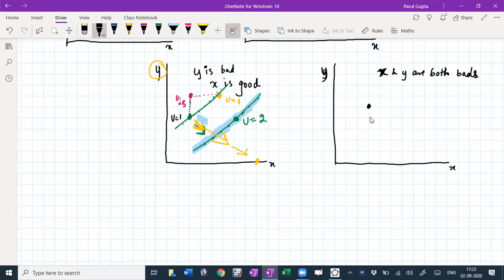Here also, if I start from this point and I get more x, I will be worse off. So if this is happy, this will be like an average face, a loss of happiness has taken place. And now if I give you more y, it will not compensate you, it will actually make you worse off, because y is also a bad. So in moving from this point to this point, I have increased the bad commodity x and I have increased the bad commodity y also. So you will definitely be worse off here compared to the original point.